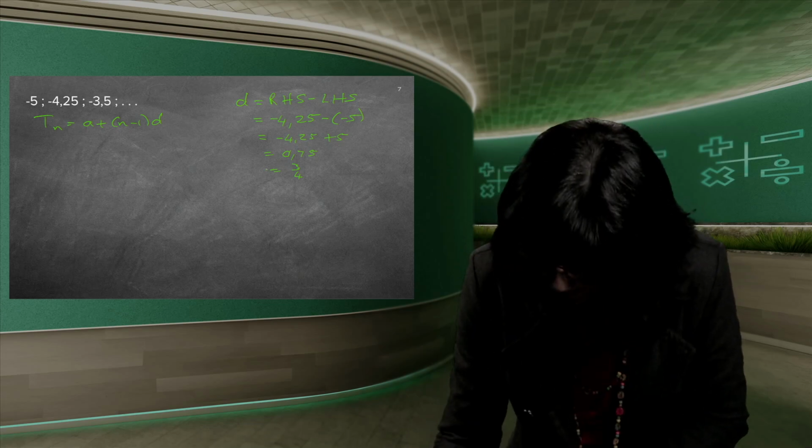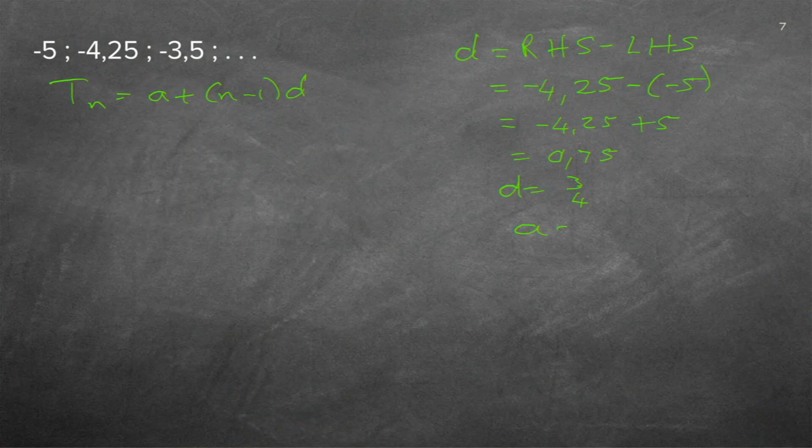So now I've got my D. I've got my A, which is minus 5. Now, actually, if you always write down those 2 things before you start your problem, you will not have a problem, because then whatever they ask you, you can think of carefully, but you've got your 2 basic things to work with. So now I'm going to do my formula.